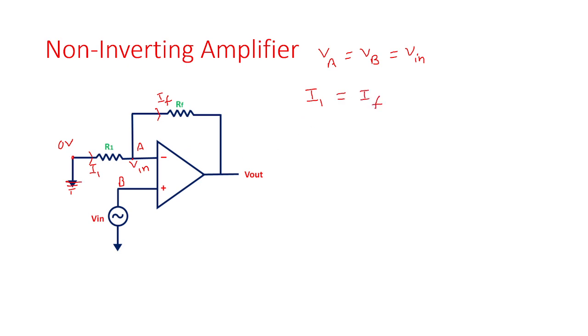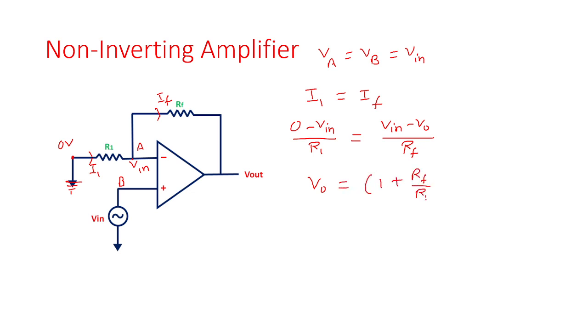and I1 will be the potential difference across the resistor R1 divided by R1. So it will be 0 minus Vn divided by R1. And IF is nothing but the potential difference across the RF divided by resistor RF. So Vn minus V out divided by RF. If we simplify it and solve it, we will get V0 is equal to 1 plus Rf divided